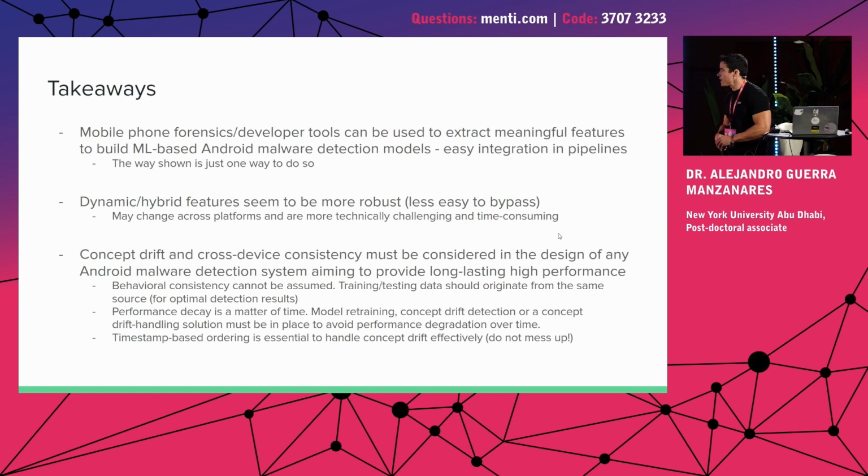And yeah, just reaching the end. The main takeaways are that we can use malware forensics tools to extract meaningful features to create machine learning models that also self-evolve and self-adapt over time. This has an easy integration into pipelines, for companies. The dynamic library features seem to be more robust, but they are more time-consuming to get. And the concept drift and cross-device consistency should be considered in the design of any machine learning model for Android malware detection